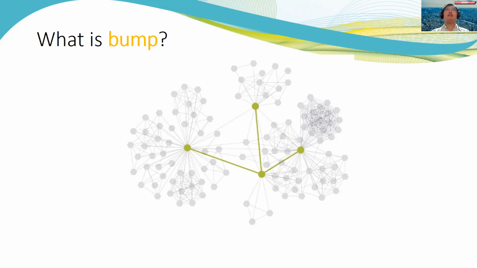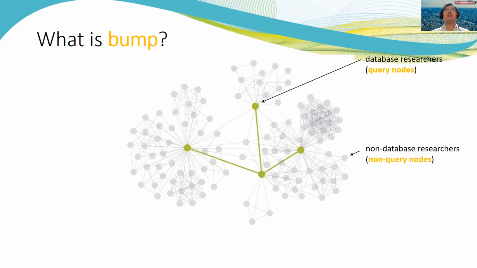Then we can divide the vertices into two groups. Green vertices represent researchers who conduct research on databases. We refer to these vertices as query nodes. Gray vertices represent researchers who do not conduct research on databases. We refer to these vertices as non-query nodes. In other words, query nodes are vertices that we are interested in, and non-query nodes are vertices that we are